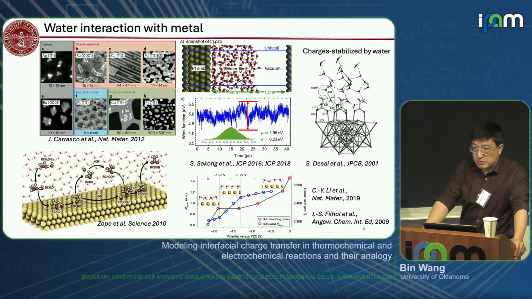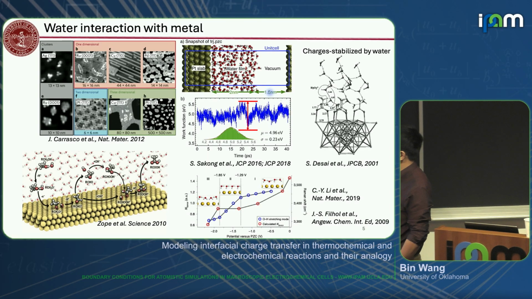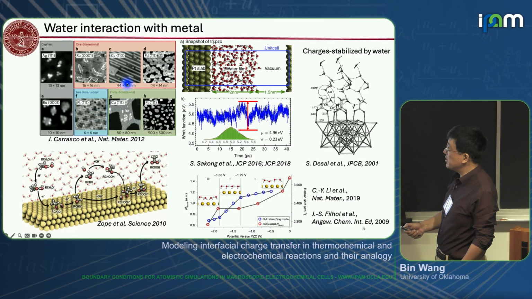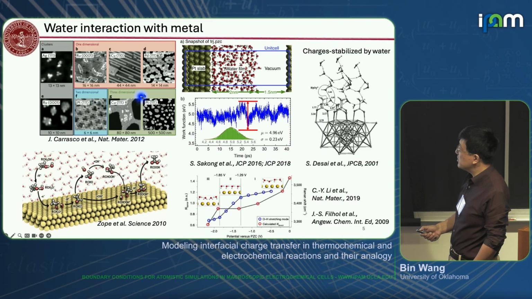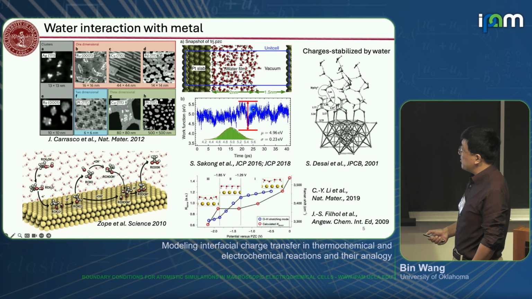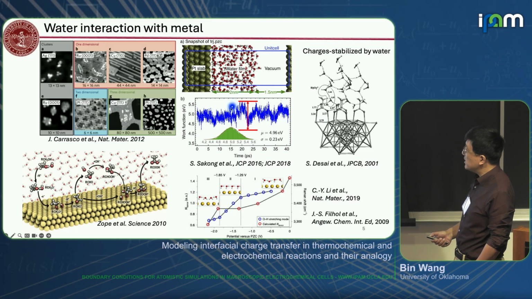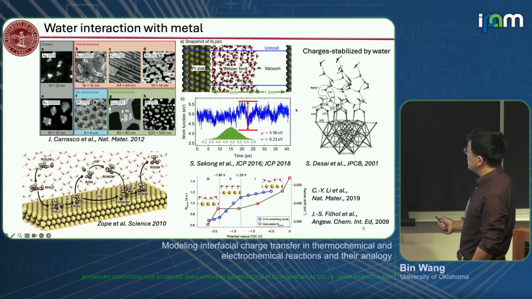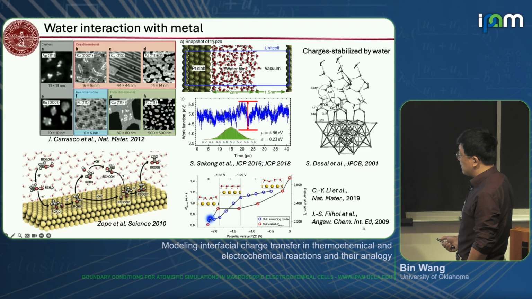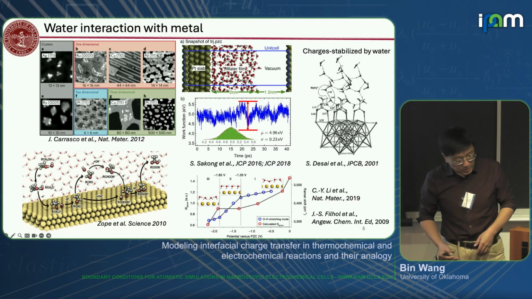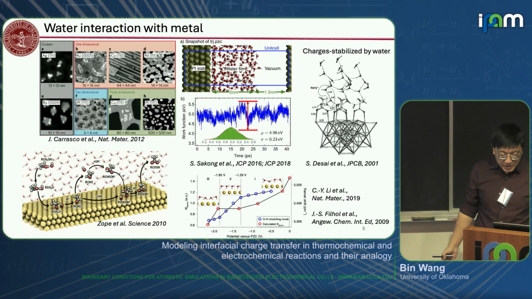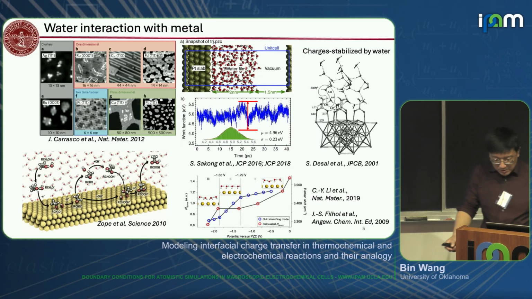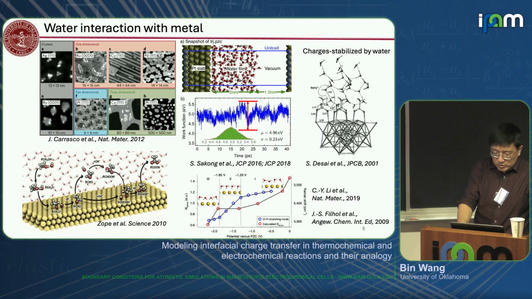A lot of knowledge was already generated many years ago. In fact, as I mentioned, I came from a surface science community. People have studied monolayer water, monolayer ice, on different metals. The tricky part is the dynamics. This is from the group in Ulm, showing the dynamics of the water and also the variation of work function. I think Jörg also mentioned it in his talk. Water can also participate in the reaction itself, for example in acid reactions, or in this case, oxidation of alcohol. And it has also been shown that the water is responsive to external perturbation, in this case electropotential, from Xiamen University quite a few years ago. So that's what we knew at that time.